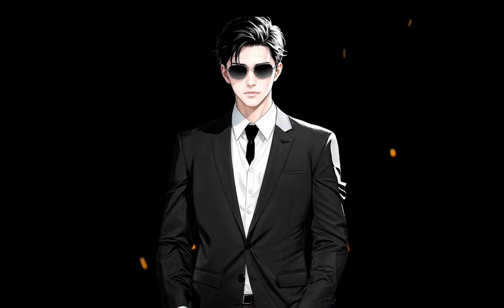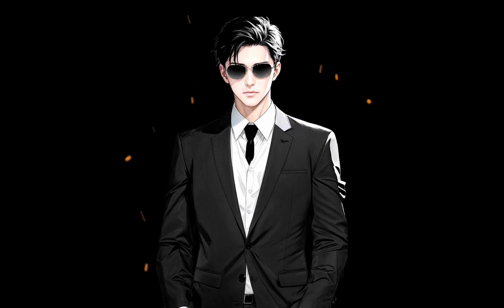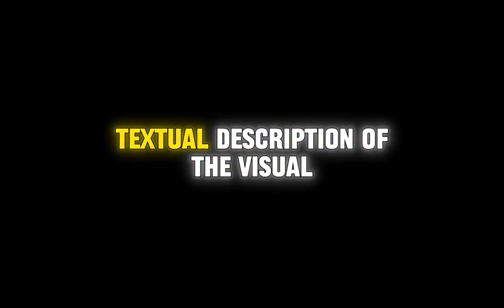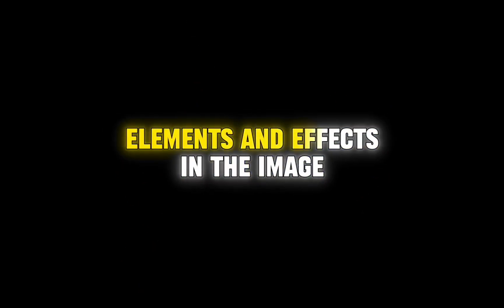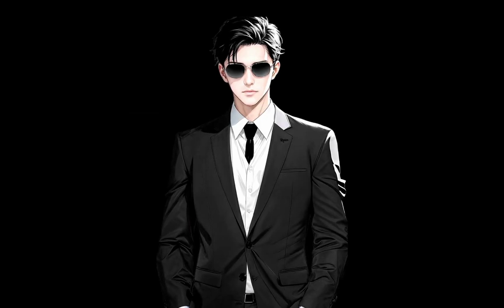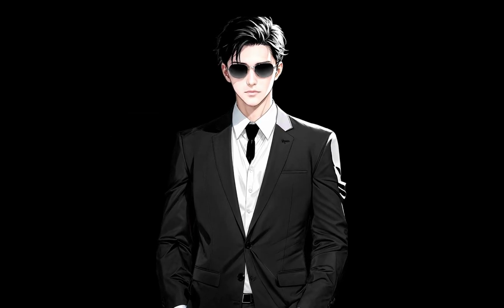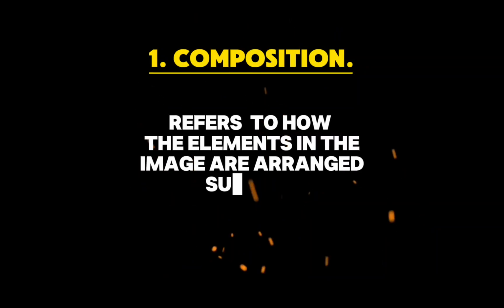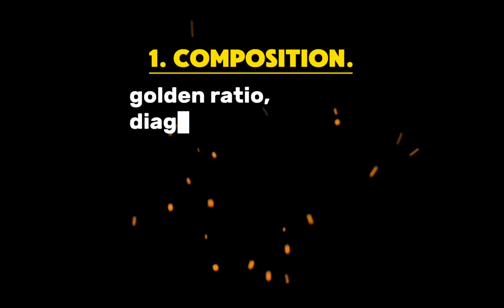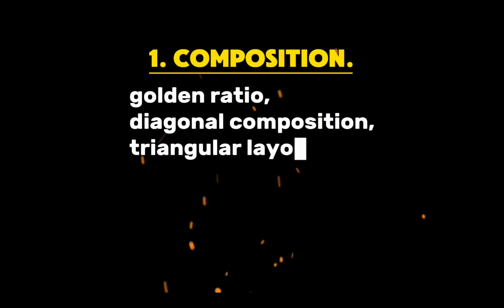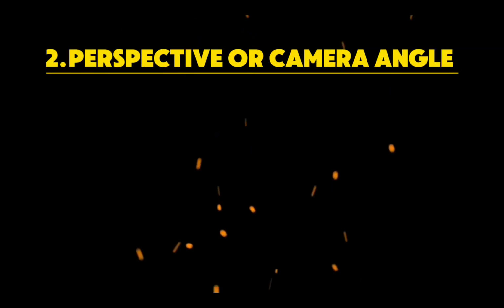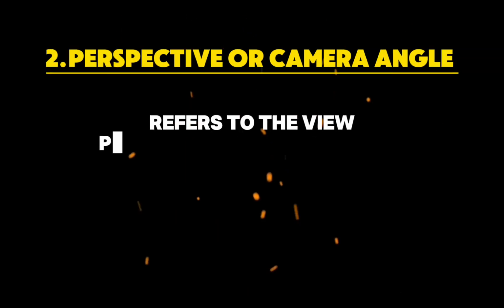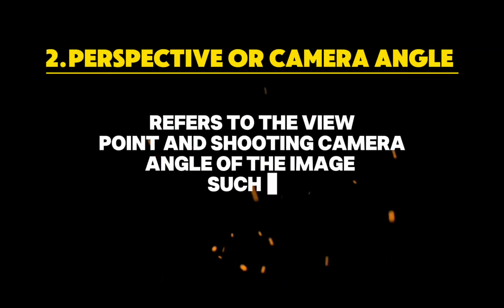All right, our sixth step is the detailed scene description, which provides an in-depth textual description of the visual elements and effects in the image. This step is further divided into 6 smaller components. 1. Composition refers to how the elements in the image are arranged, such as the golden ratio, diagonal composition, or triangular layout. 2. Perspective or camera angle refers to the viewpoint and shooting camera angle of the image, such as